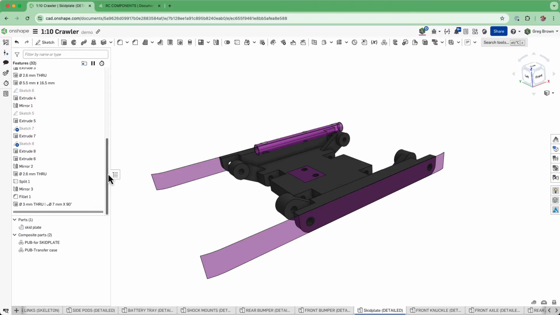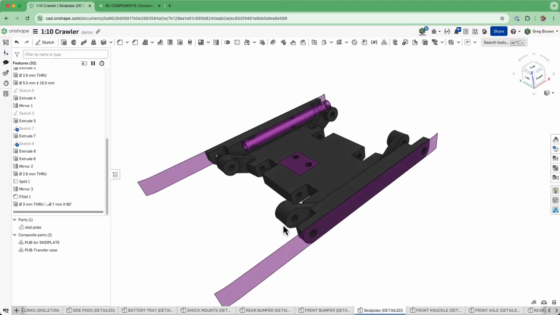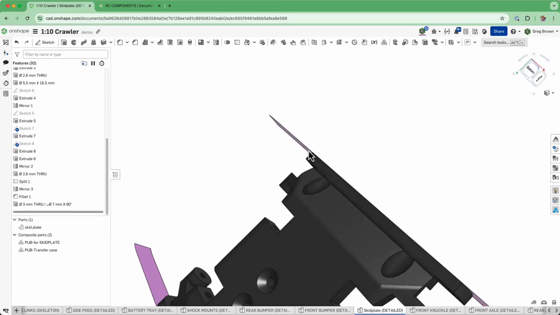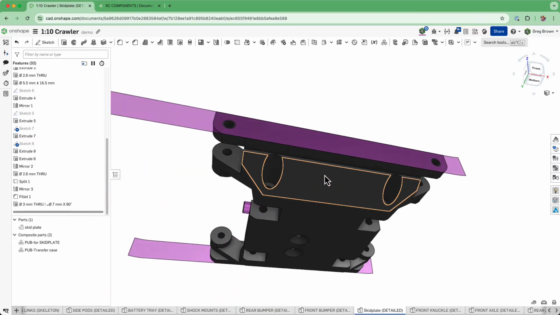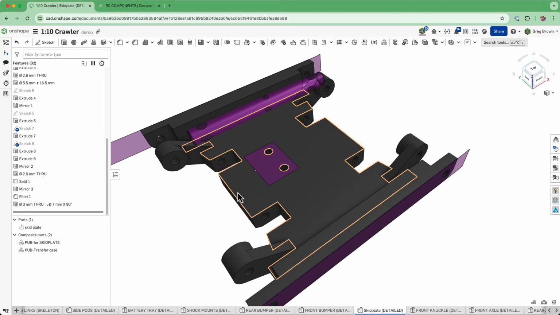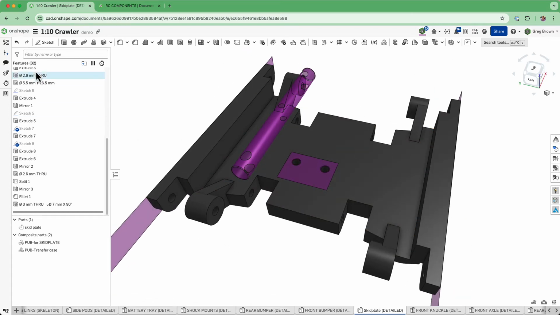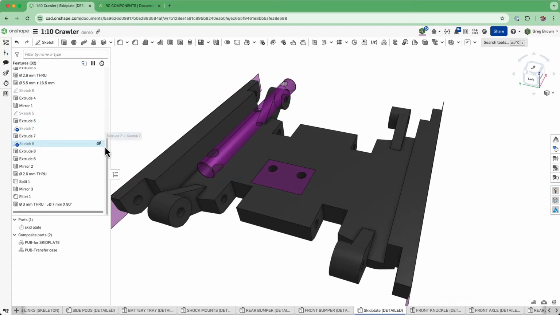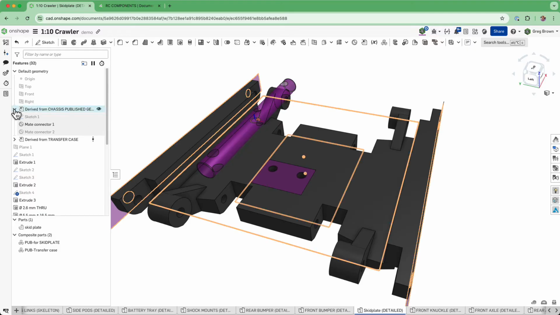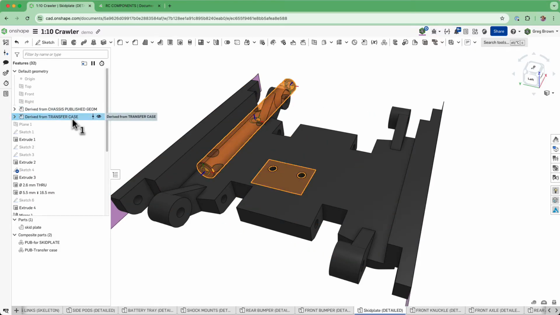I have not come across a way to create that circular reference using the techniques that I'm showing you here right now. So once you do a few more things, and there's probably some more modeling, and maybe there's some light weighting that I could do into here, we're pretty much done with this part studio. There is one other reference that I wanted to show you here, and this is yet another derive of published geometry, and this has come from an external